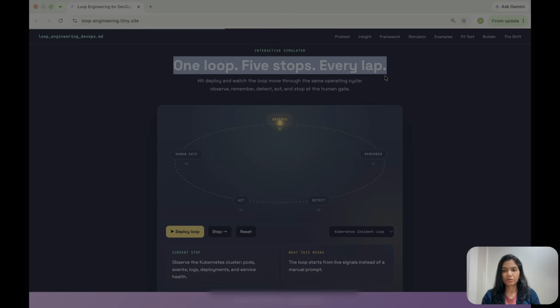You might want it completely automated. But in some cases where the production environment is involved, or where the customer is involved, you might want to review the work before it is executed in your production, or before AI sends any communication to the customer, the outside world, or external parties.